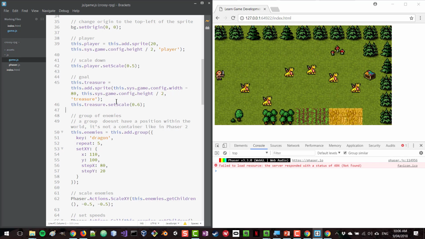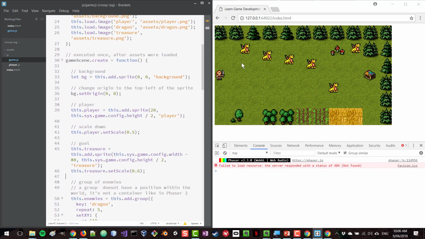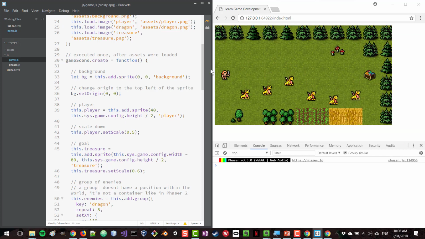We haven't looked at Phaser yet. I'm just showing you how things can be changed. So I'm going to quickly change the location of our player. Let's see: if I place my player in a different location and I save, the player has been